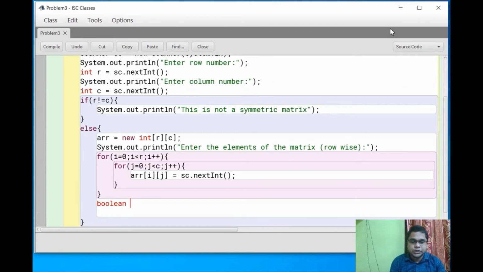Let's take boolean b equals, initially, true.